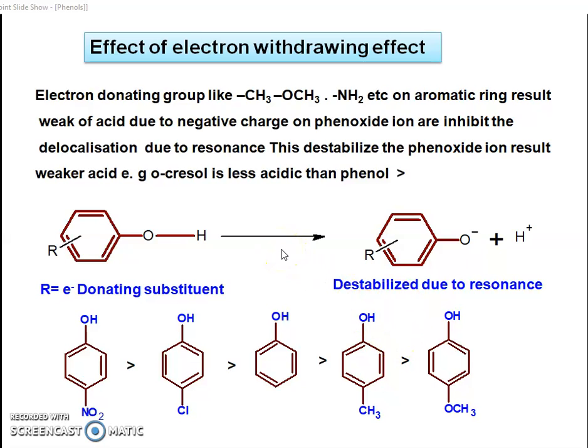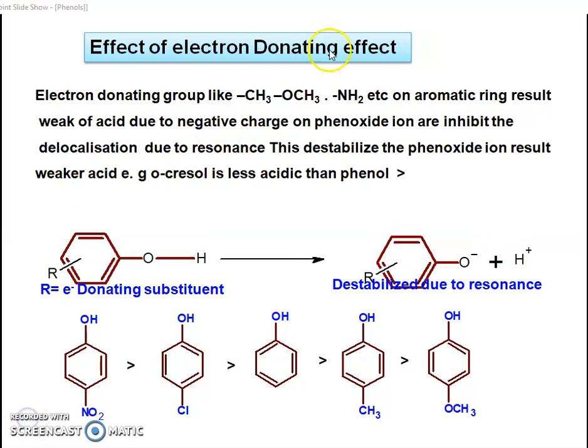The next point we will see is the effect of electron withdrawing and electron donating groups on acidity. How will electron donating groups affect this? We know that a methyl group, methoxy group, and NH2 group act as electron donating groups. These electron donating substituents on the aromatic ring weaken the acid due to the negative charge on the phenoxide ions,